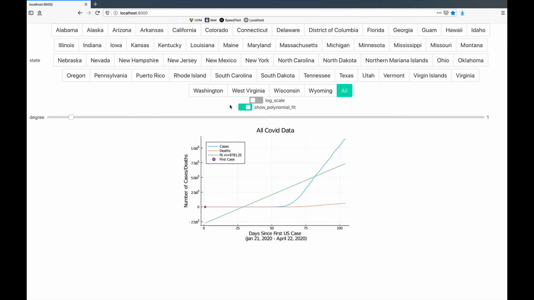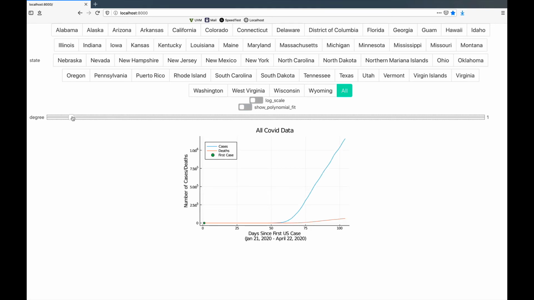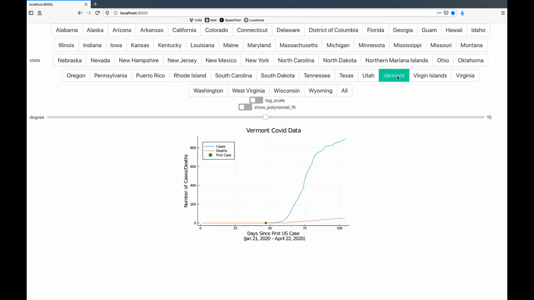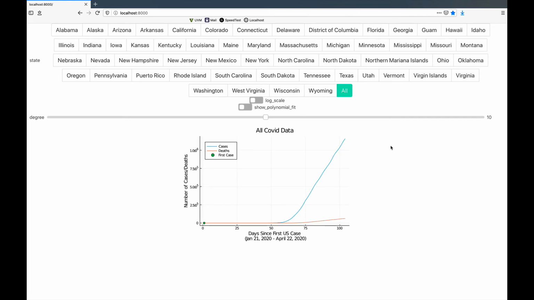Also interesting using this data is we can look at different states and see how they differ from the United States as a whole. So, for instance, we could look at some of these states and maybe see that their curves are very different, or we could even see that perhaps the way they count, they don't count every day. And so we can see something like Vermont, which seems to be leveling out, or even New York seems to be looking like it's about to start leveling out, versus maybe something like California or the US as a whole, which seem to be increasing,